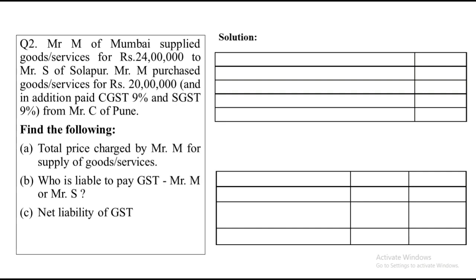Find number one, the total price which was charged by Mr. M for supply of goods and services. Okay, that's very simple. Now if I want to find the price charged by Mr. M, we'll have to first note down what is the value that he has supplied, and on that we will be adding our CGST and SGST since they are from the same state. So particulars and values in rupees. The value charged by Mr. M to S for supply of goods and service was